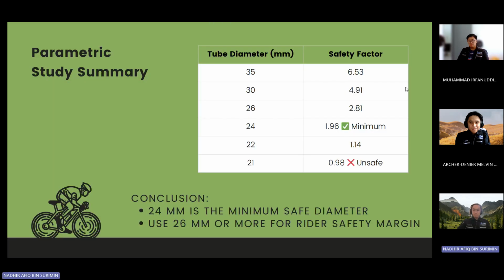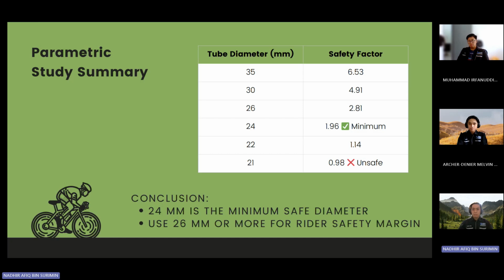Okay, Assalamualaikum. My name is Nadir Rafiq. Okay, I want to talk about the parametric studies summary for the tube diameter size. For 33 mm,